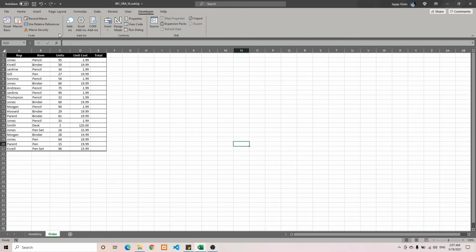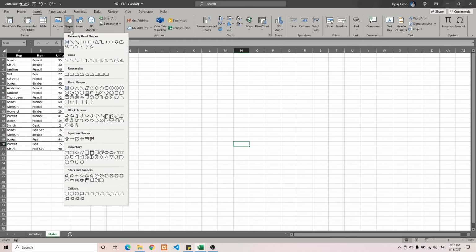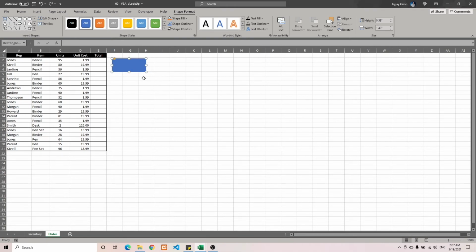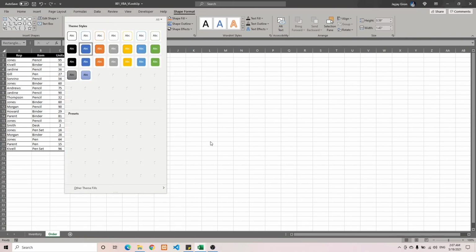I recommend using an Excel shape instead of an ActiveX control. Aside from the look and feel of shapes, I also found it safer to use compared to the ActiveX control. So to add a button, you just need to go to the Insert tab, go to Shape, and look for any shape that you would like. The most common is this shape, and then we can, for example, put that in here, and then we can name this Lookup Unit Cost,